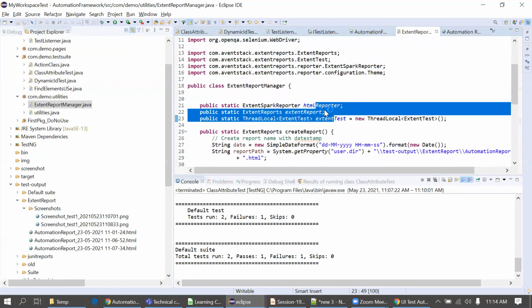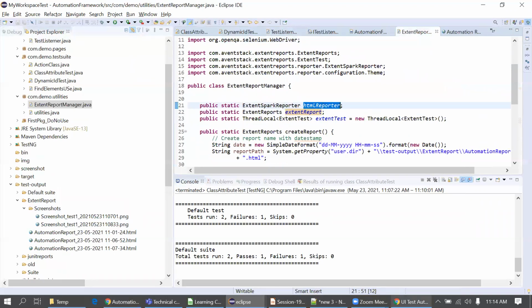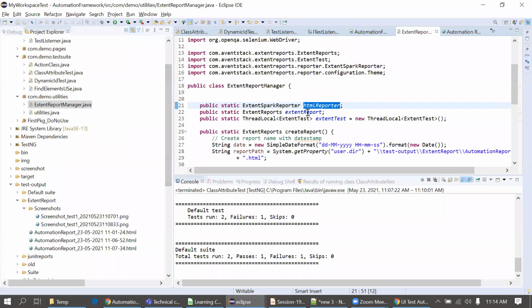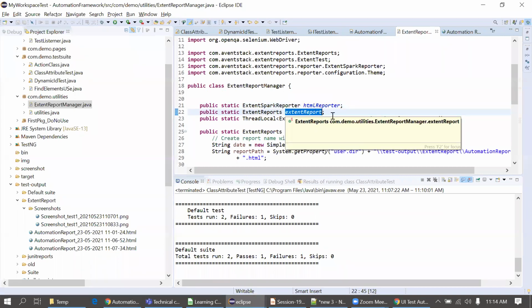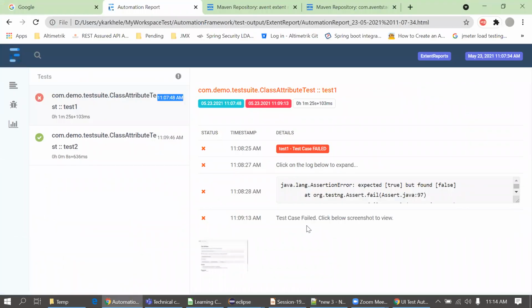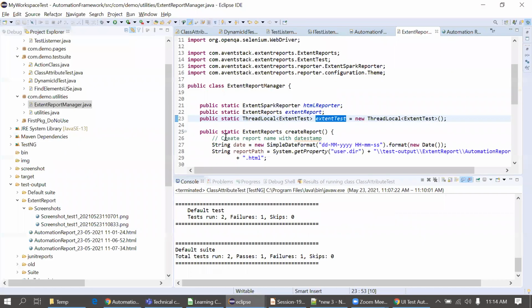By using these three classes, this is the HTML report. It will simply create this outer structure. Okay, this outer structure. And for this structure, this test 1 and 2, this left part, it is created by this ExtentReports. And ExtentTest, this third one, ExtentTest, is used to create these inside things. You should remember this part only. That's more than enough. Okay, sir. For example, first we create the ExtentSparkReporter.